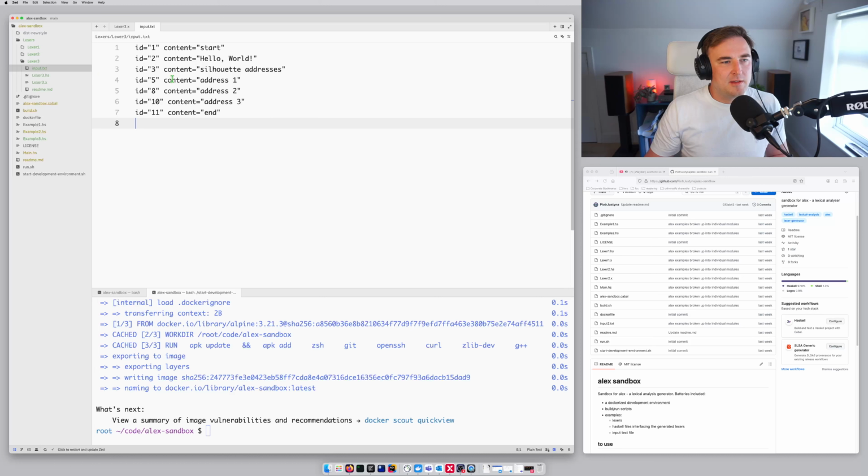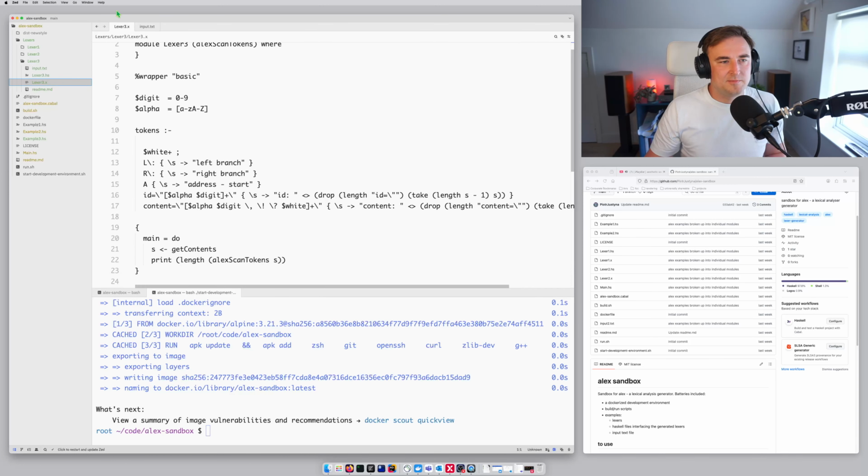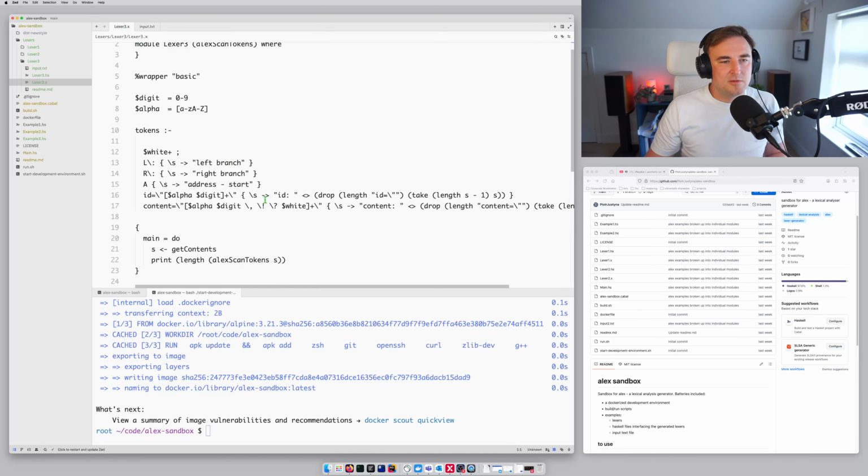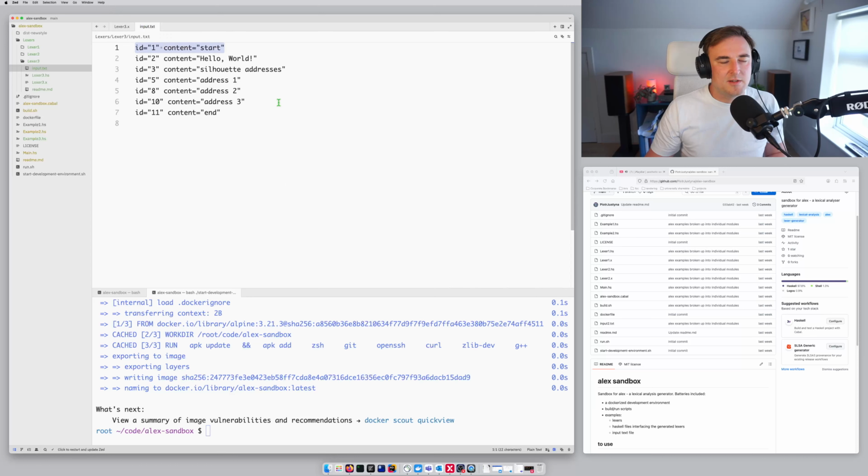I simplified the input a little bit. Just ID and content, not looking for anything special. However, the Lexer will change. So I'm thinking to treat each line as a token, or each data structure as a token. So my Lexer is not going to return strings, but rather it's going to return a type. A bit similar to what I used to have in Dracon,